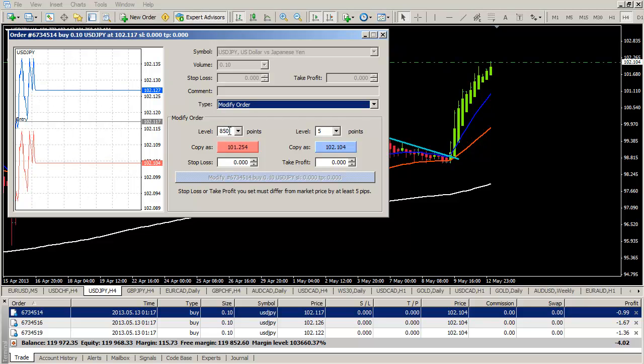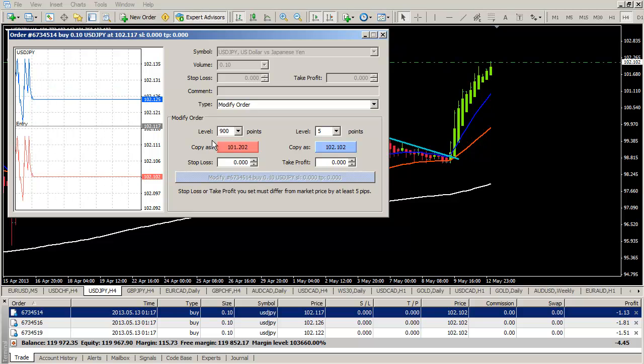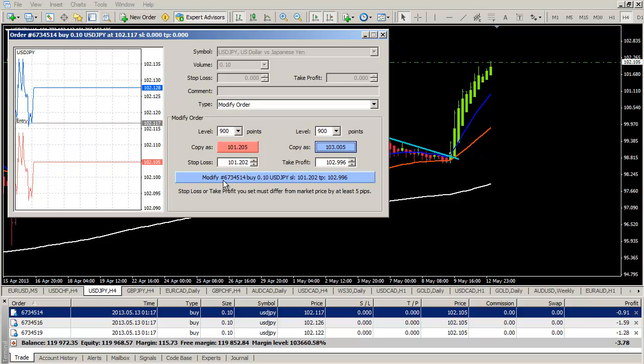850, that means 85 pips, we change it to 90, so 90 and another 0. Usually that's how it works on most brokers, MT4 brokers. Copy as, you click on copy as, click on the red button, then you see the price here with your 90 pip stop. Target would be for the first position, what did we say, 1 to 1 correctly, so 90 pips. Copy as, it will show down here, and then you click on modify,